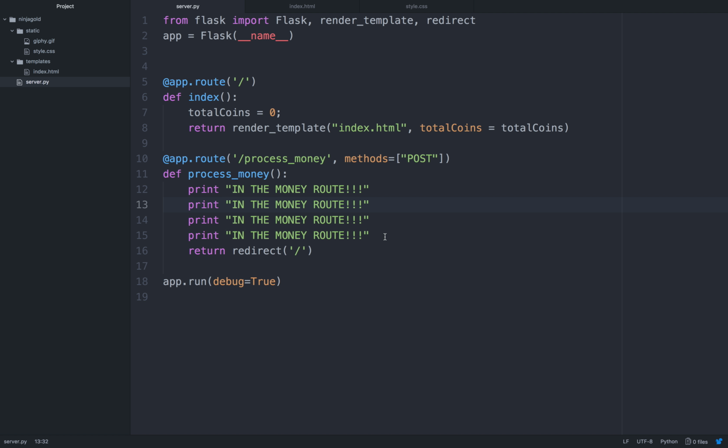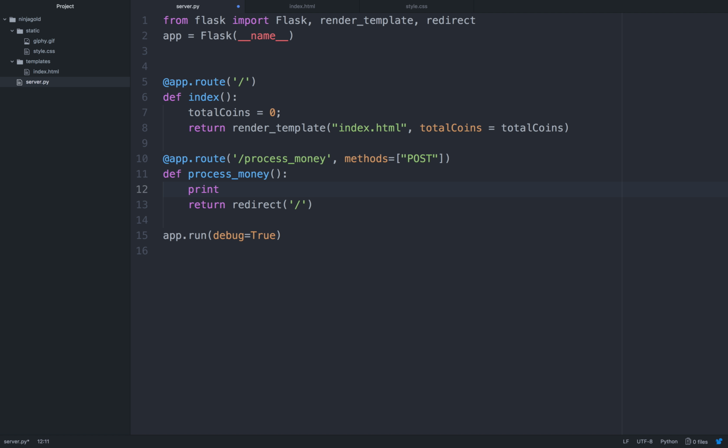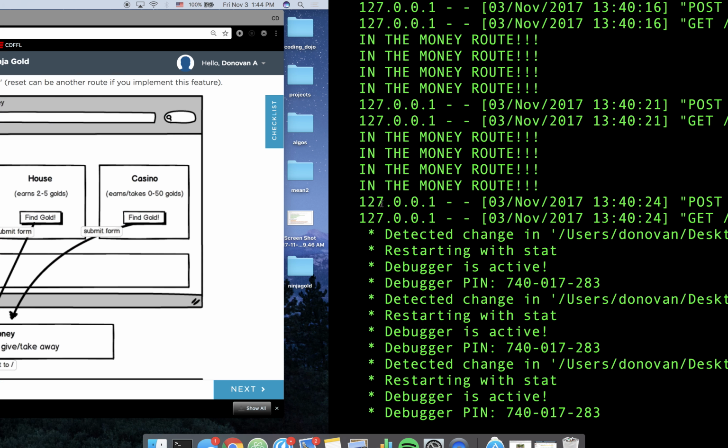So let's do that. Instead of printing in the money route, let's print, how do I print something that came through from a form? Request, it's part of the request object that is made when you make the request. Dot form, which is the object that's created when a form is submitted, and then it has a series of key-value pairs in there, right? What's the key that I'm concerned with? Place. Place, exactly. So if I print request.form place, let's print that multiple times,